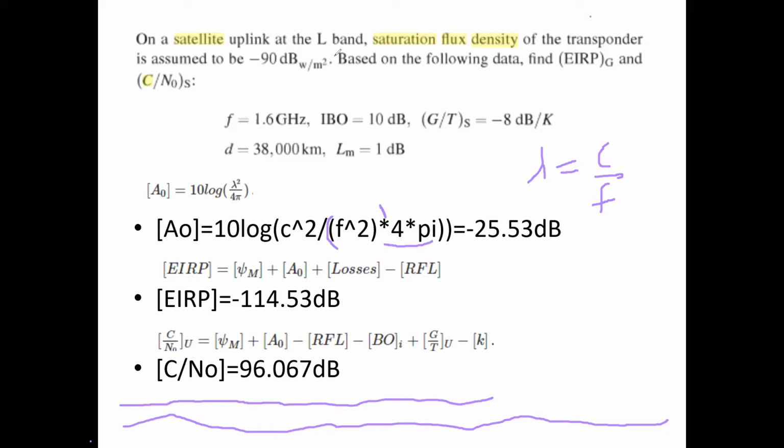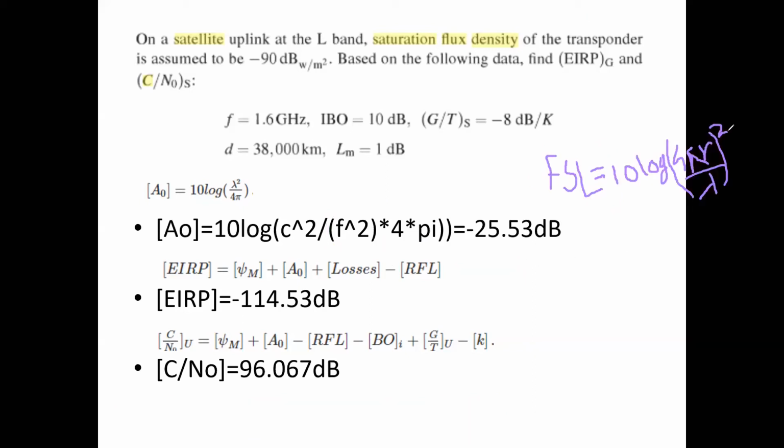Ma'am, actually the formula for EIRP that is given, in that you have to substitute, right? Yes, you have to substitute, but the only thing is now losses are not given, right? We will have to find out the losses. We will have to calculate FSL, it is not given. They gave you the distance, see, the frequency is given, the distance is given, you will have to calculate FSL. Now what is missing is FSL is not given to you, right? Yes, it is 4 pi r by lambda, or you can take 20 log of the value.